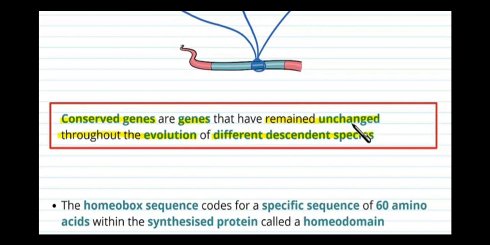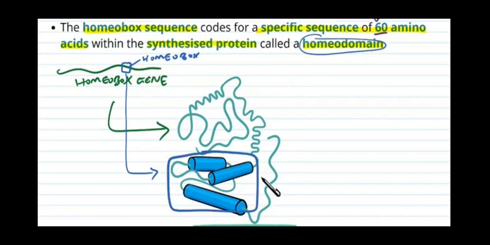We can say that the homeobox sequence codes for a specific sequence of 60 amino acids within the synthesized protein called the homeodomain. The protein which is synthesized by the homeobox gene is called the homeodomain. It is the protein, and this protein has a specific sequence of 60 amino acids called the homeodomain. The homeobox sequence